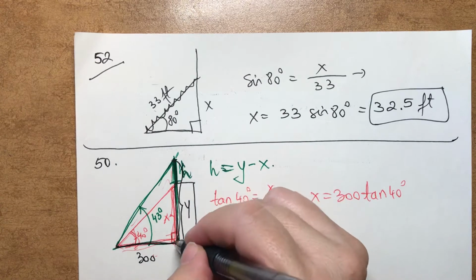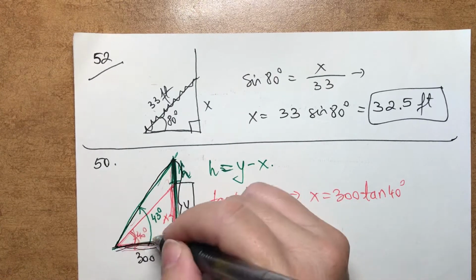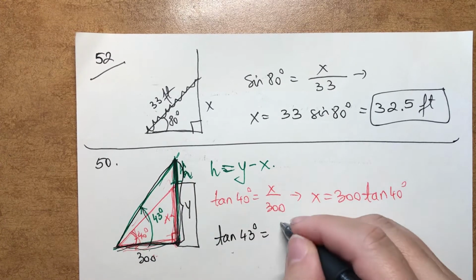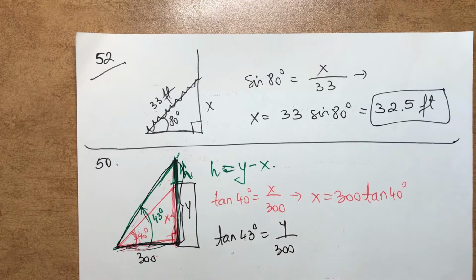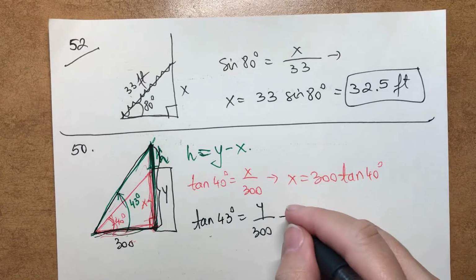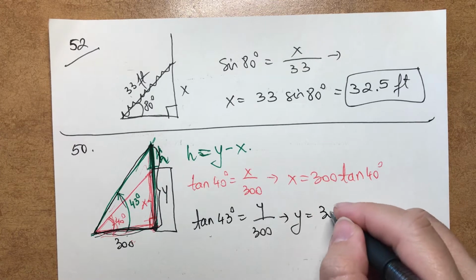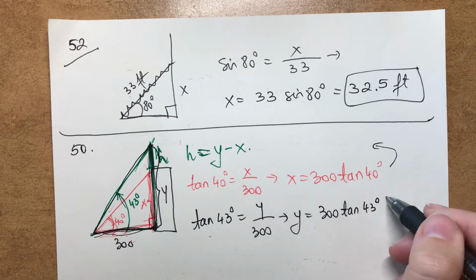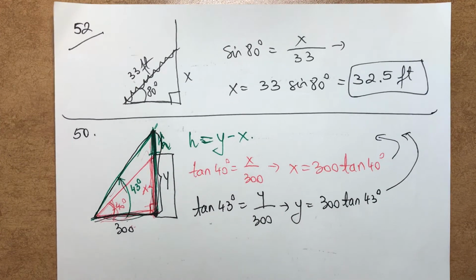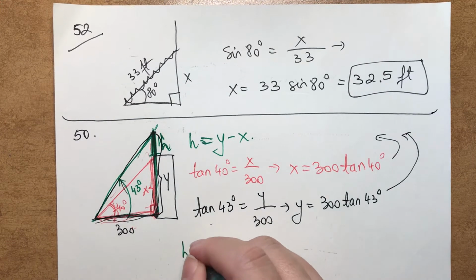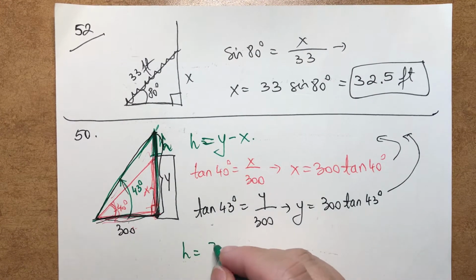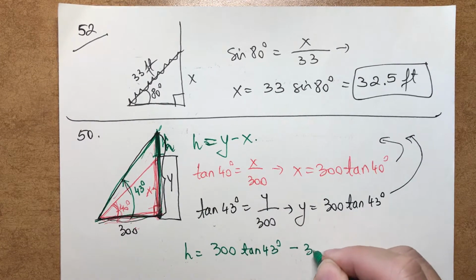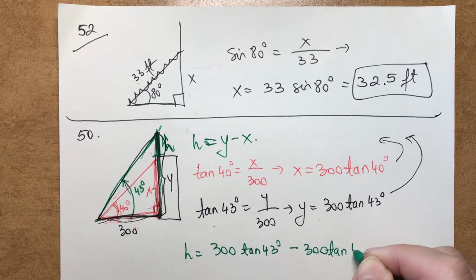This big y, part of this triangle, I have an angle of 43 degrees this time, which is the opposite y over the adjacent, which is still 300, yes? So from here, clearly y is going to equal 300 times tangent of 43 degrees. Take both of these, subtract them, and you got your h. So h is going to equal 300 times tangent of 43 minus 300 times tangent of 40,